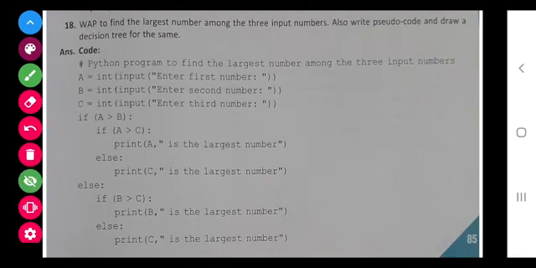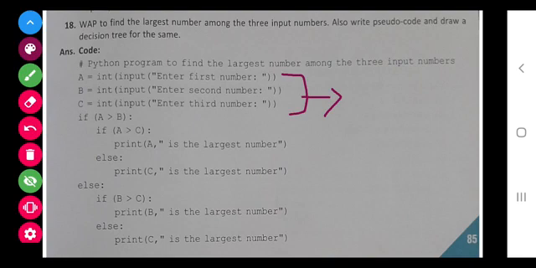Now this was the program for the greater of 3 numbers. This can also be done using the AND operator, which I will tell you later on in logical operators. But here we are doing it without the AND operator. Now see, first of all, the question is the largest of 3 numbers, so 3 inputs are needed.